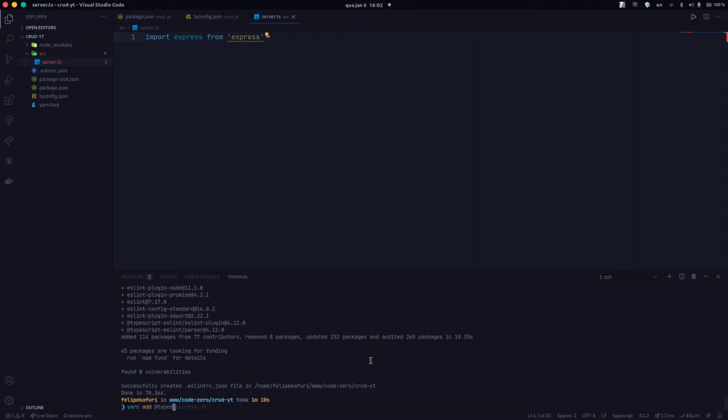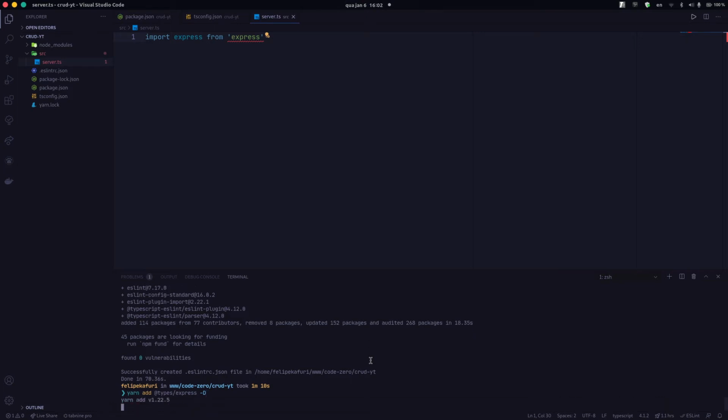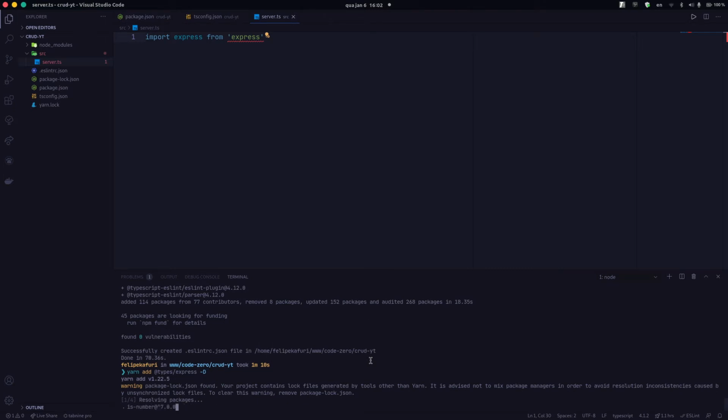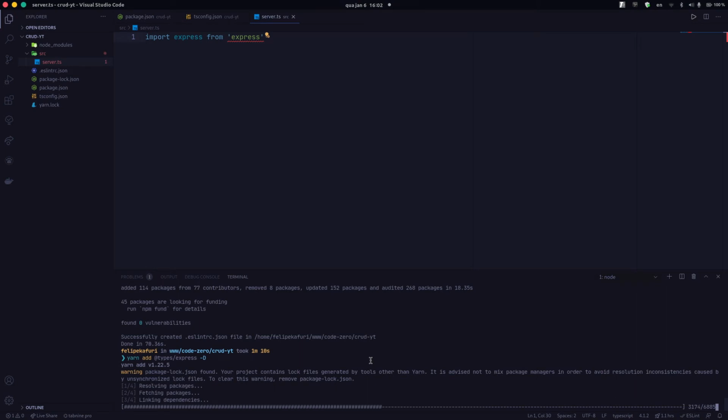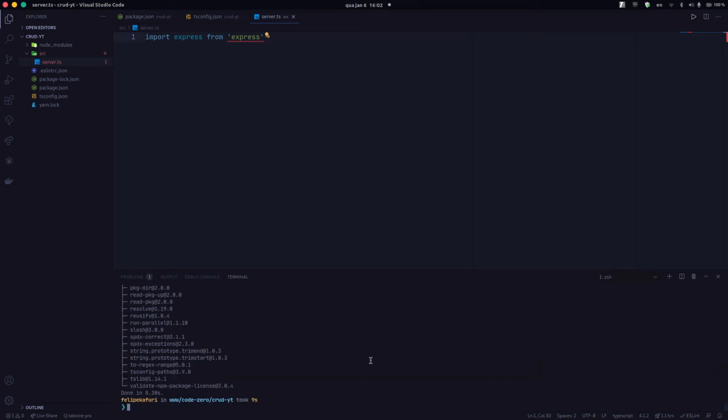So what we're going to be doing here is installing the types of Express, and we're going to install those types as dev dependencies, because we don't need those types in production, because our production code will be compiled to JavaScript. Our production code is not TypeScript, it's JavaScript, so we don't need those types in production. So if we install that, the error has gone. You can see the error has gone,